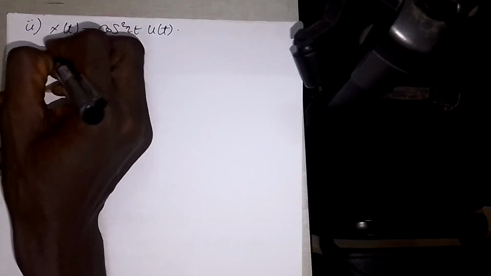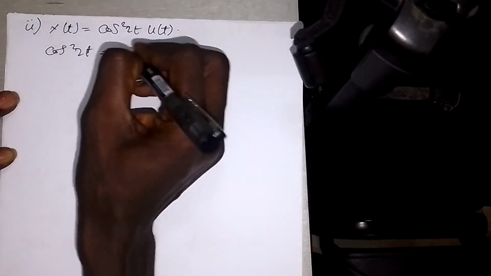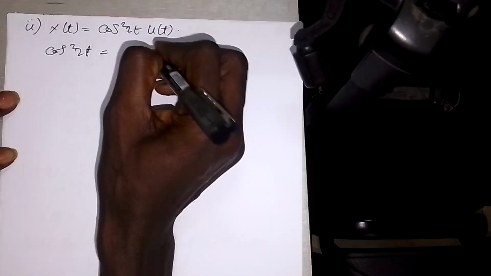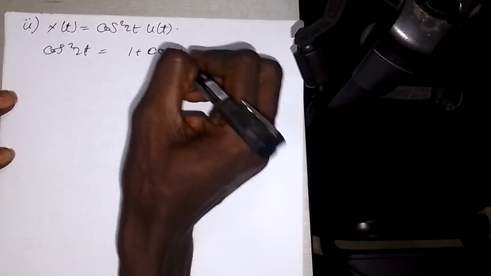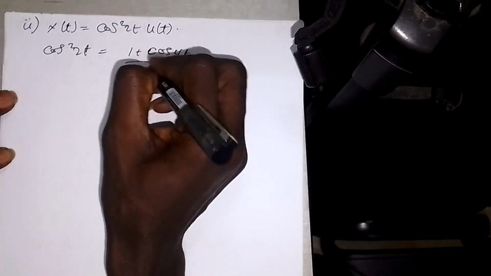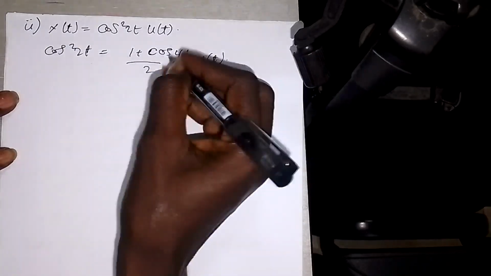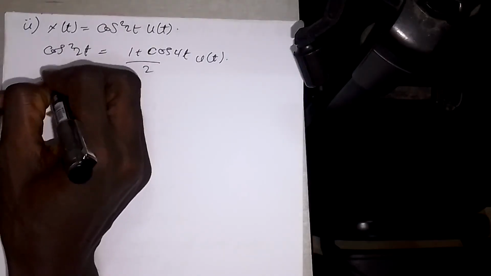Here, cos squared 2t is actually equal to 1 plus cos 4t over 2, into u of t. So if you put that function here, then you're going to get x of t equal to,